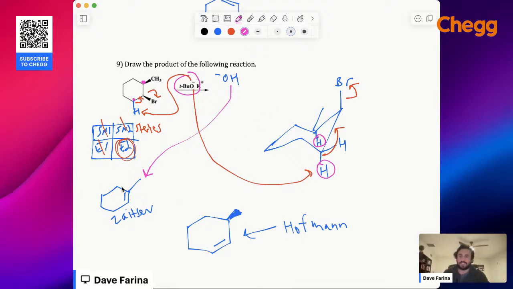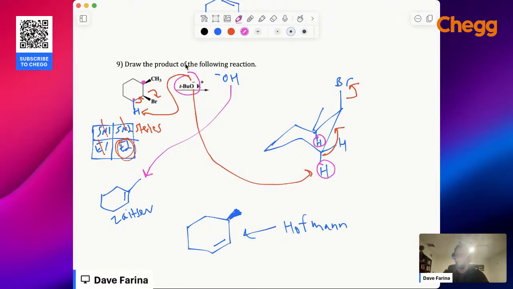This product sits lower on an energy diagram than this product. The Zaitsev product is the thermodynamically favored product because it sits the lowest on an energy diagram, because it's the most highly substituted alkene. This alkene is tri-substituted, right? Carbon, carbon, carbon. This one is only di-substituted, the 2 carbon directions in the ring. So this sits higher on an energy diagram, but